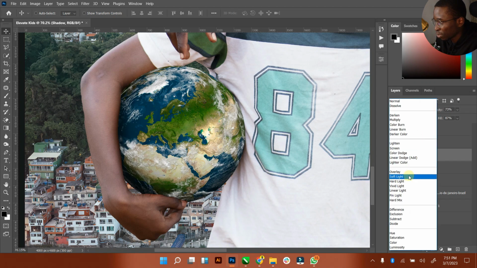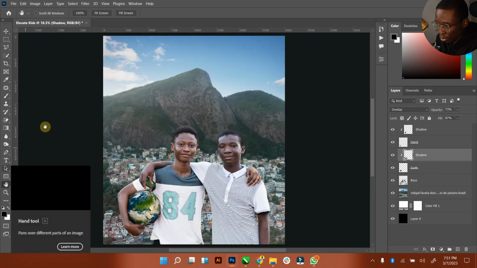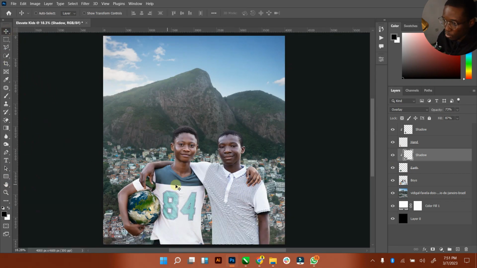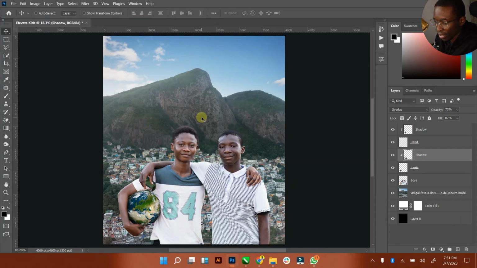Let's use overlay for this. Now if I zoom out, you can see that it actually looks like he's holding a ball. Planet Earth is holding the planet Earth. And so,